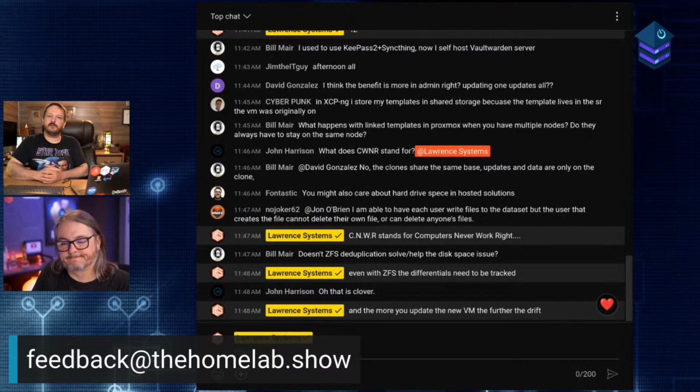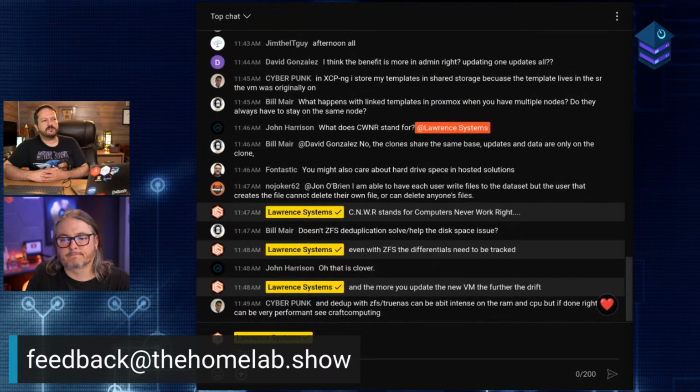And there's an article in the Proxmox documentation pages that tells you how to do this, and it's actually pretty easy. You just choose the interface. There's a config file. If I remember correctly, I had to edit that file on one of the nodes, and then the rest of them just picked up the change. Don't quote me on that, but I'm pretty sure that's the case. It took me all of like 10 minutes,